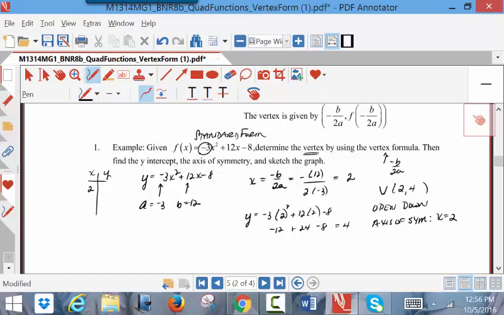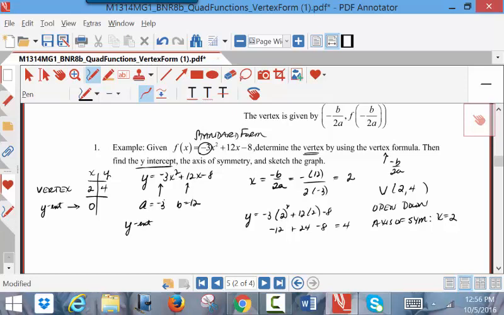And so of all these questions, find the vertex, find the axis of symmetry, graph it. One more thing, they want me to find the y-intercept. So the y-intercept occurs when the x value is 0. So this is your y-intercept. And the vertex is the first ordered pair we found, which was (2, 4). Okay, so to find the y-intercept,